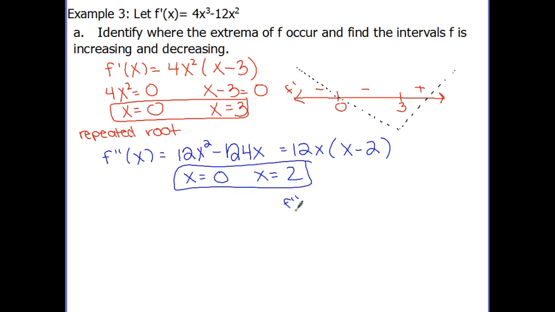Put them on your number line. What's happening left of 0? Not positive. Yep, because that would be a negative, negative. Plugging in 1, negative, and 3. So we have concave up, concave down, concave up. That means that 0 and 2